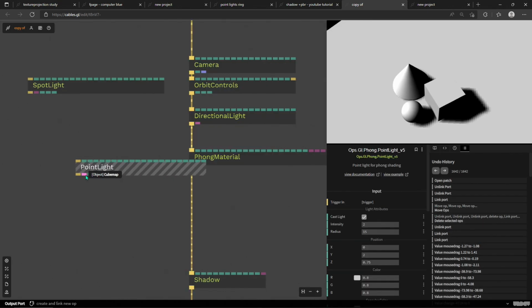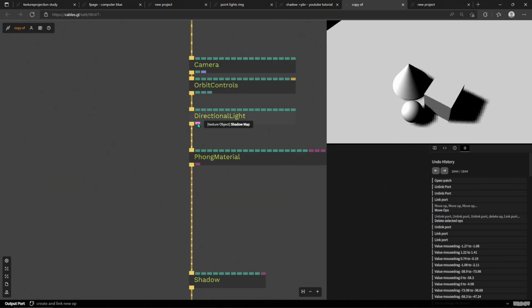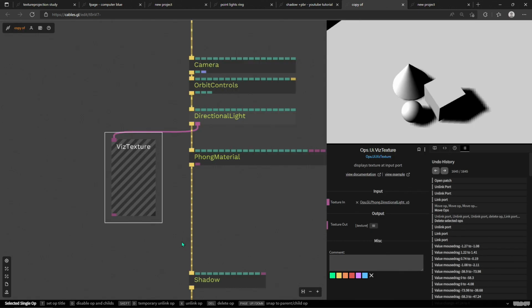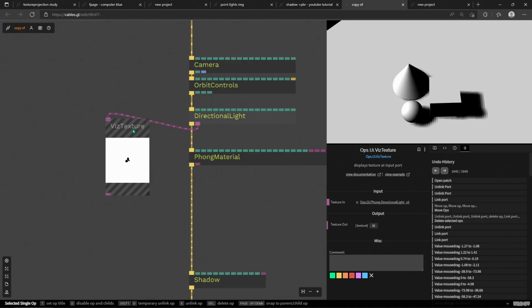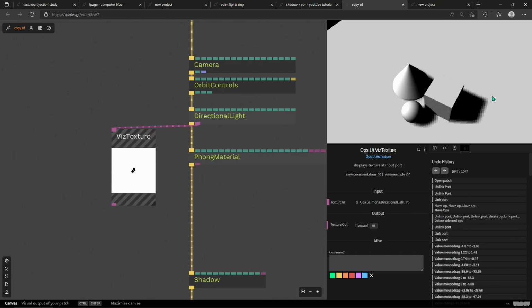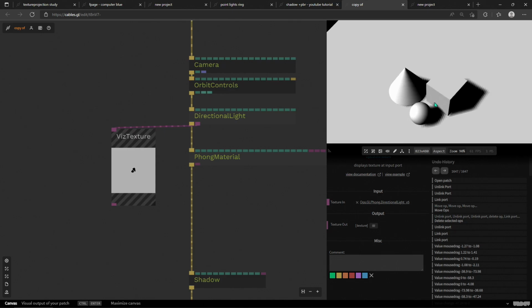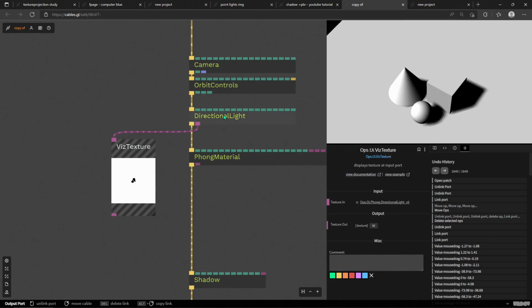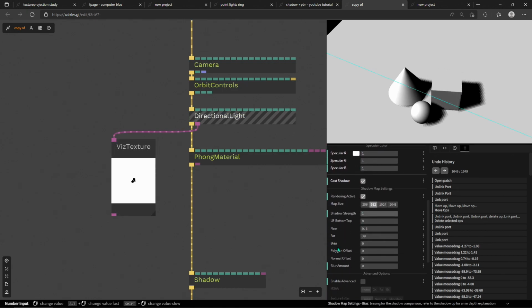Yeah, so there's this texture cube map texture output that you can use to guide you how to set up your shadow optimally for your scene. And then we can just put down this trusty Viz texture. And when I see that my shadow is not only pixelated in my scene, but it's also visibly tiny in my output from this light texture output, I know that I have to go to my directional light and then scroll down to the